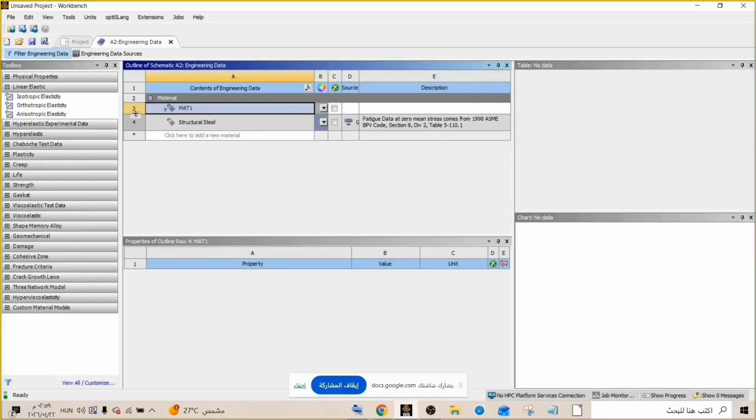And you can see a question mark. This is because I haven't specified the nature of the material. Okay, so we have linear elastic on the left side.